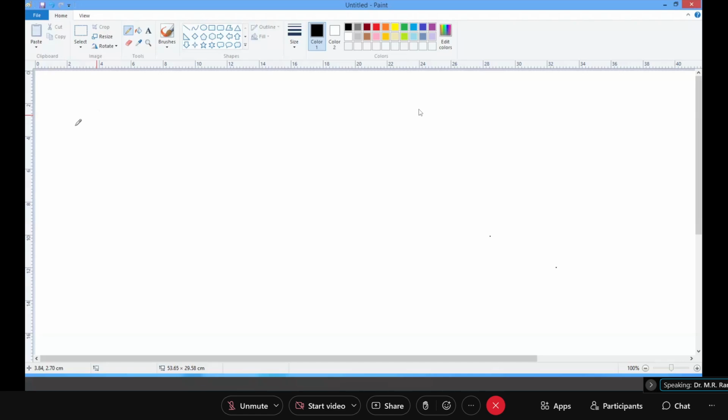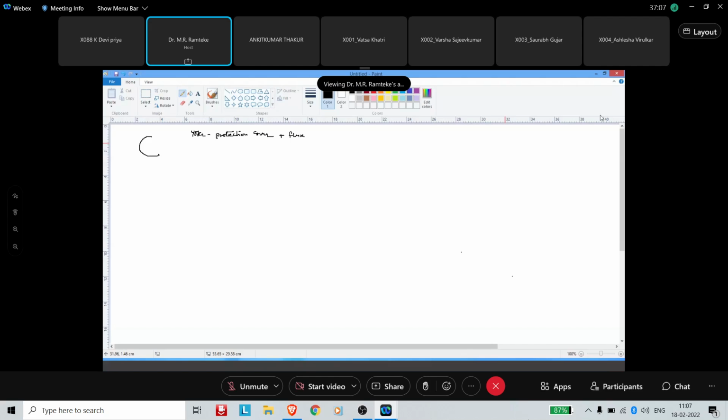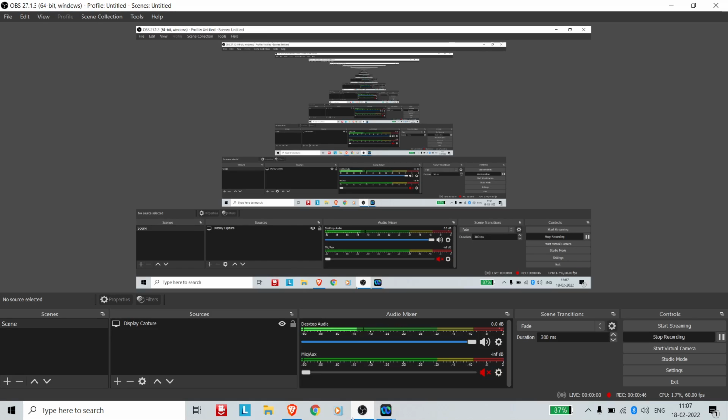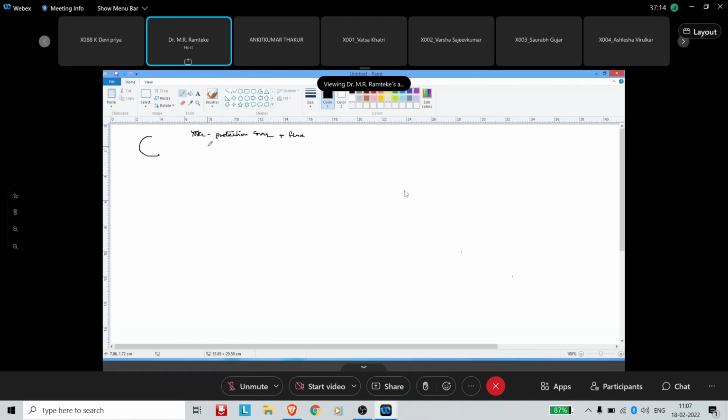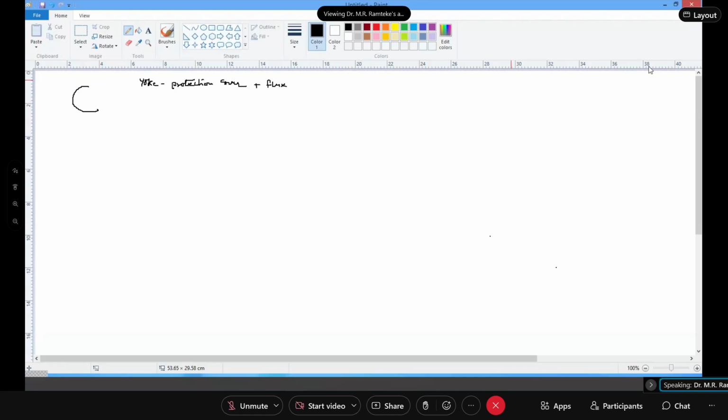Basically, in the construction you have a yoke, which provides protection as a protecting cover, and it also provides a low reluctance path for flux. Then we have another part, that is the field system,